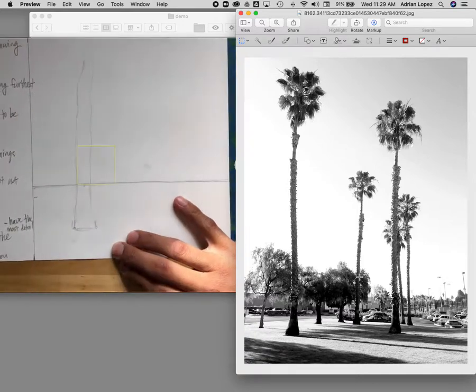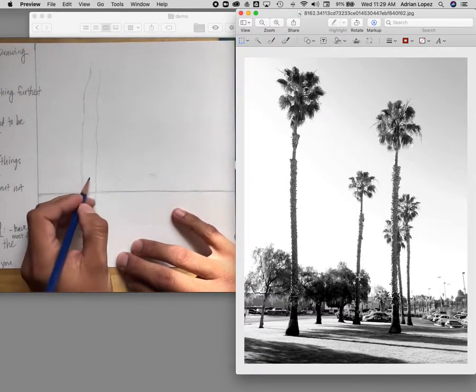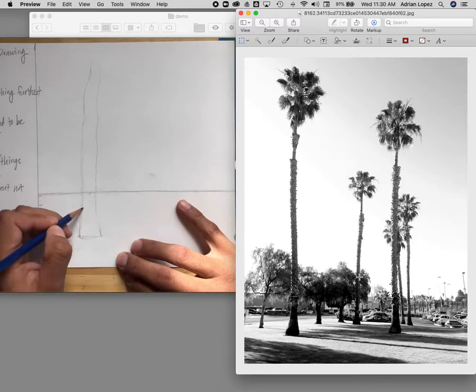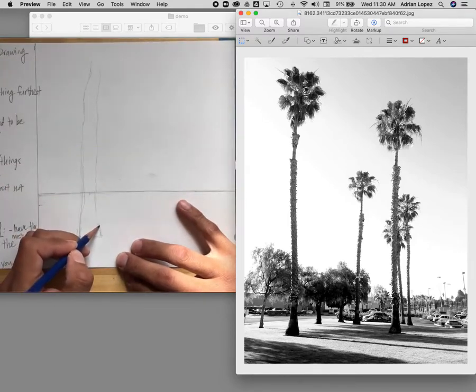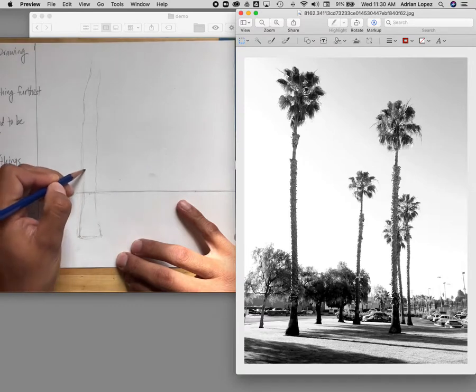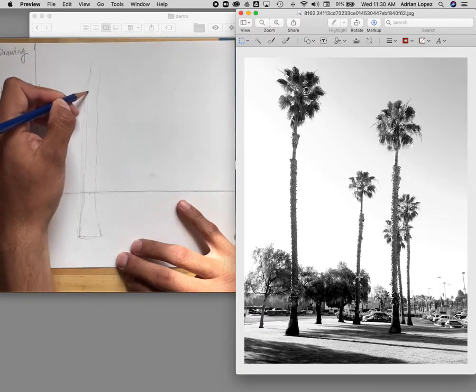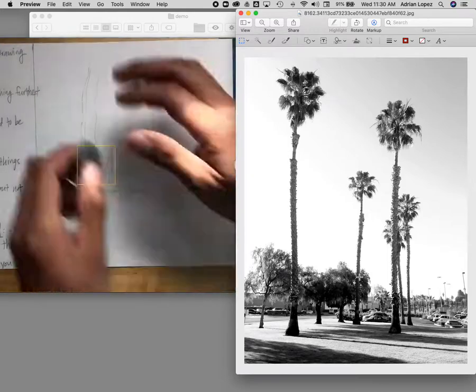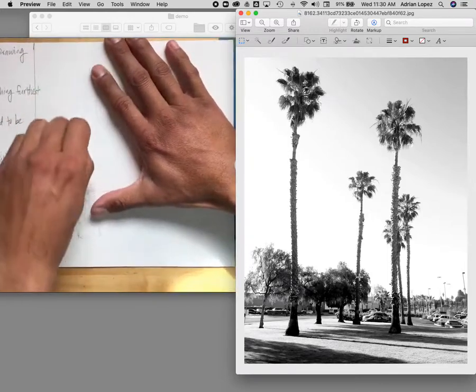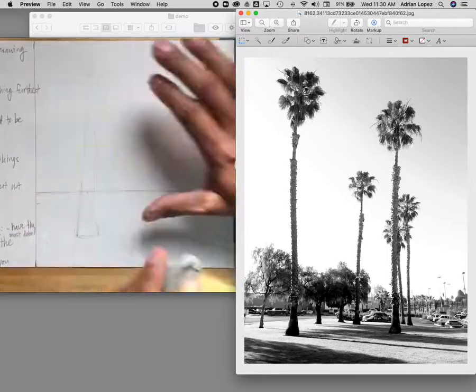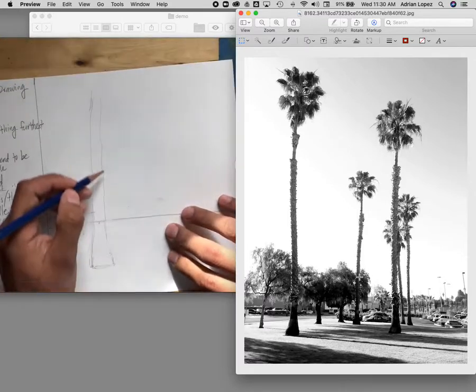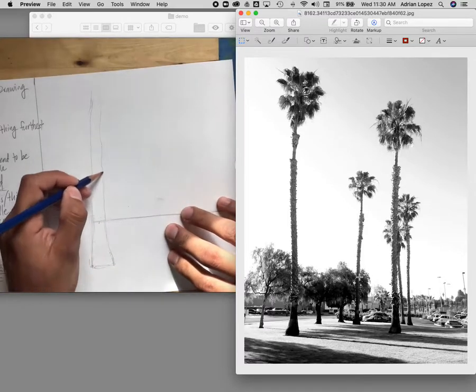So I'm mainly right now focusing on the outline of it. And also notice how it's wider at the base and then it thins out as you go up. So I'm fixing it right now and making it thinner. Okay. And at the top,